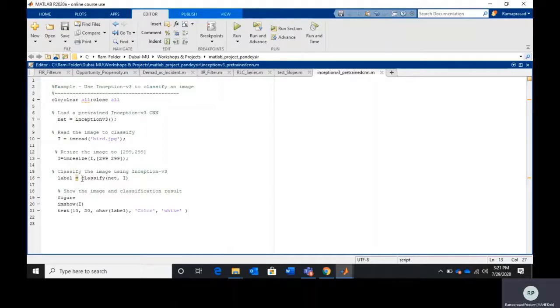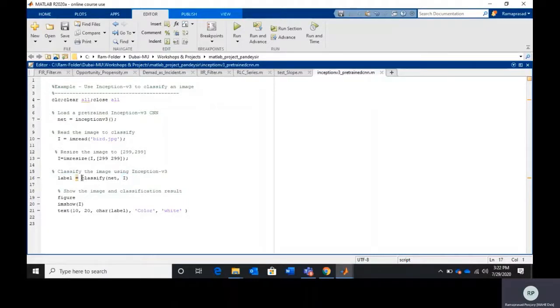Then I can use the built-in function classify for classifying it. If you look at the classify function, there are two input arguments. One is the model which I just loaded, net, which is nothing but the Inception v3 model, and then the input image. So I will get a label here.